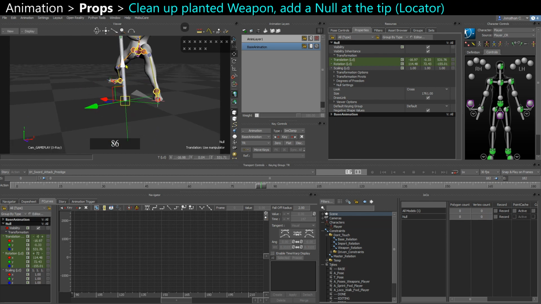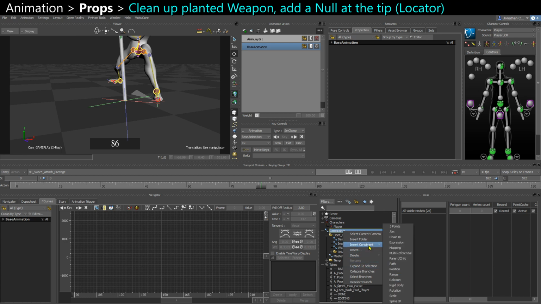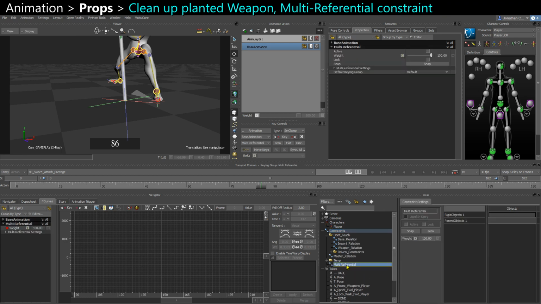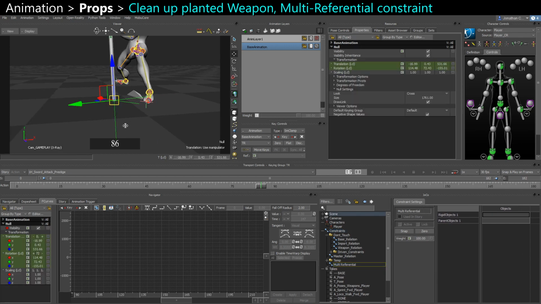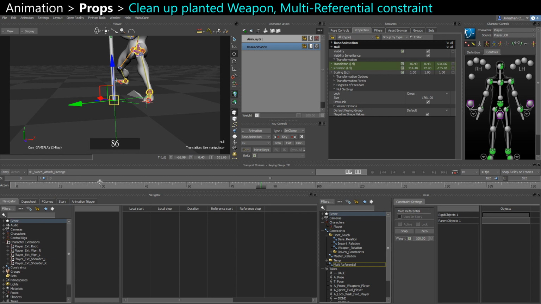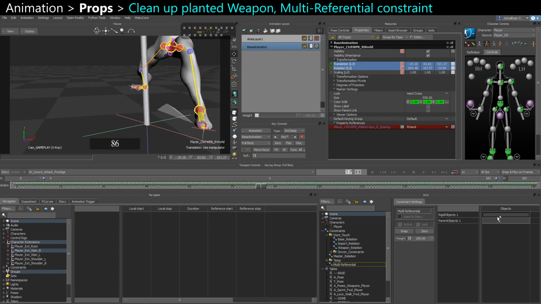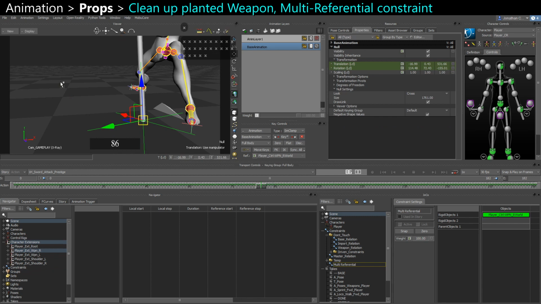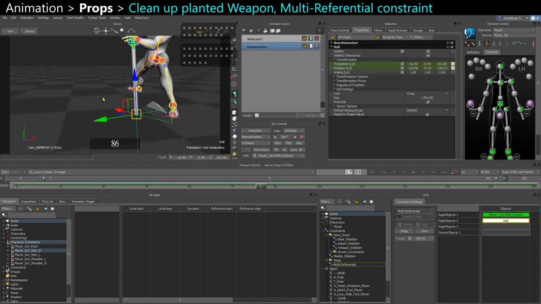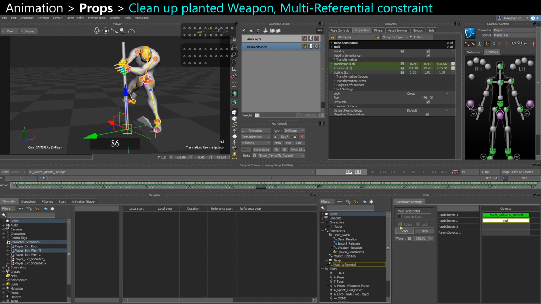In my case, I'm going to show it with a multi-referential constraint. Multi-referential is great because it allows you to have different objects driving each other. So I'm going to add that locator to my extension. And I'm going to add the world space control as one of my rigid objects, and the locator as another rigid object. So now, if I